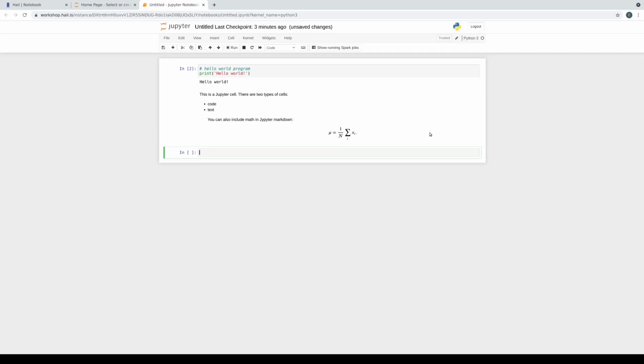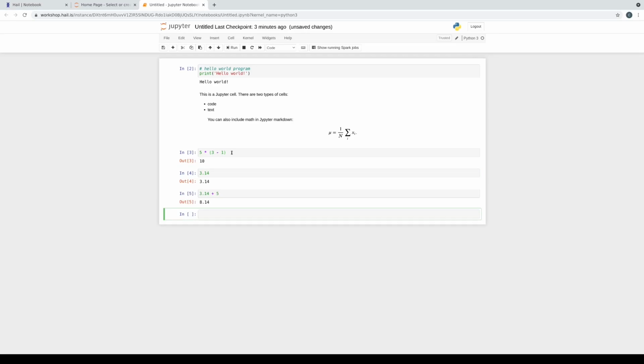Okay, back to Python. Python has numbers, integers and floating point numbers, like most languages, and it works pretty much like you'd expect. Plus, minus, and times and parentheses do the normal thing. So if we make a simple arithmetic expression like 5 times 3 minus 1, we're going to get 14. There are both integers and floating point numbers, so we can have something like 3.14, and if you add 5 to that, you get 8.14, so all of the arithmetic operators convert integers to floats if there's a mixture of integers and floats.